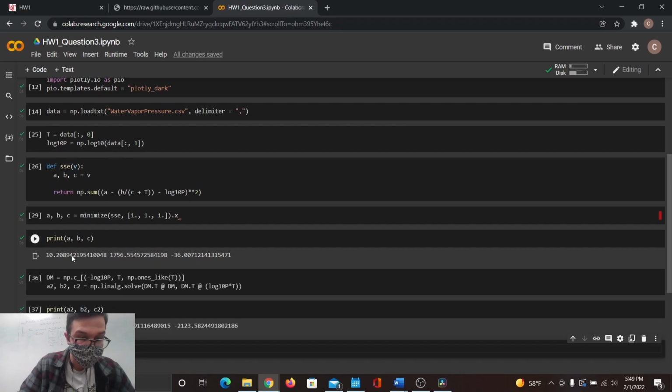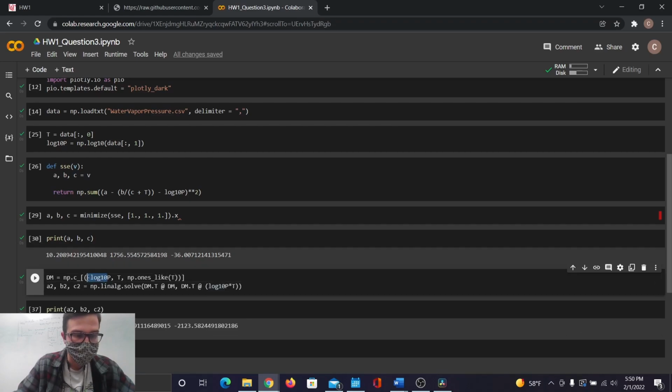10.22, we have that here as B2 instead of A, then negative 2 and here. This is interesting. Now, this might be caused by our initial design matrix. Right, so T, because of the way we set stuff up, log 10p. Now,